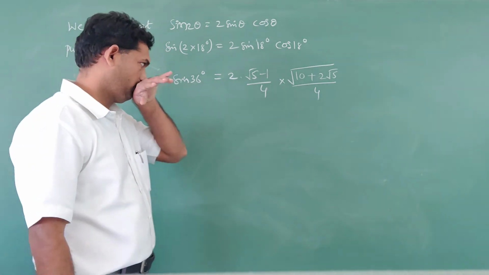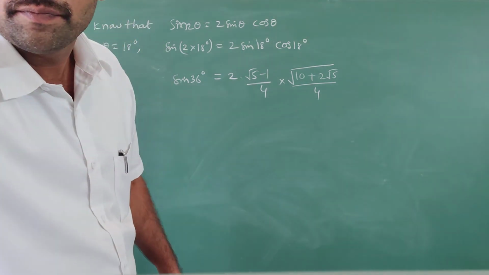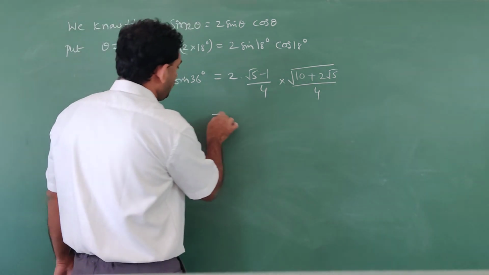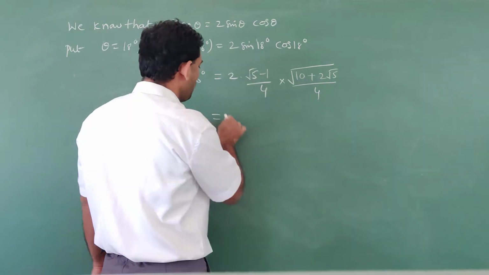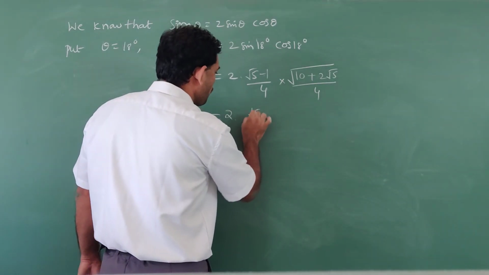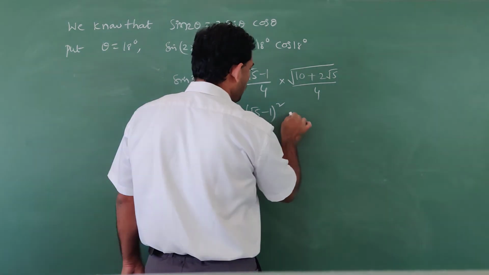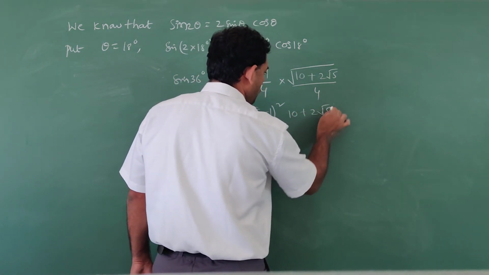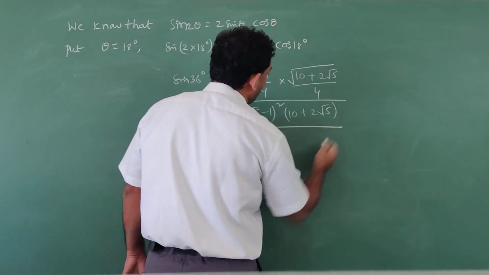Now all values you take in the root. So we have to take inside the root the 2 outside this value. Inside the root you have to take root 5 minus 1 whole square and this value 10 plus 2 root 5. So the whole root you take, divided by